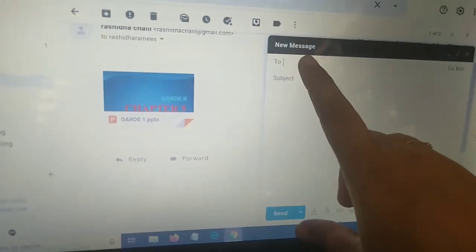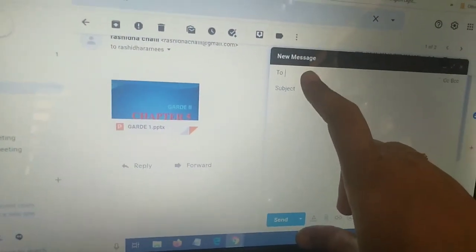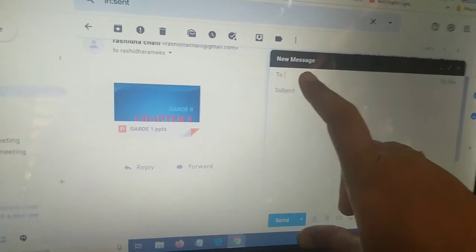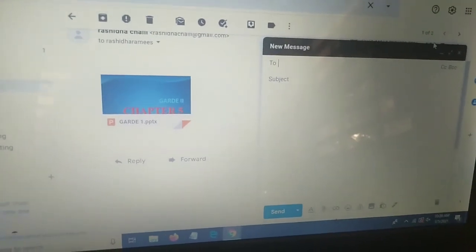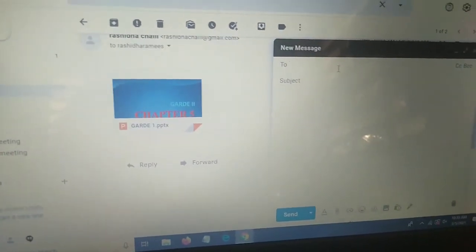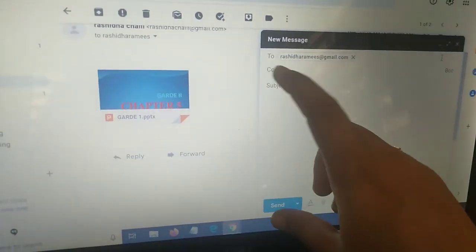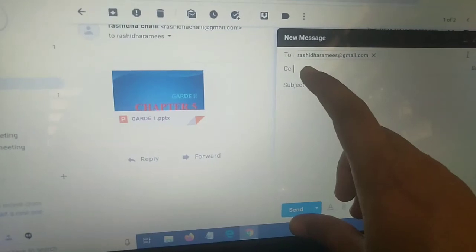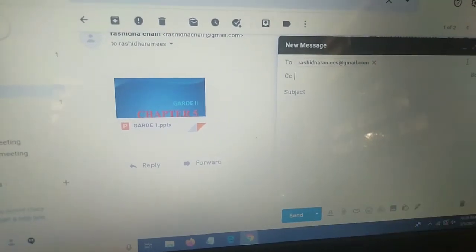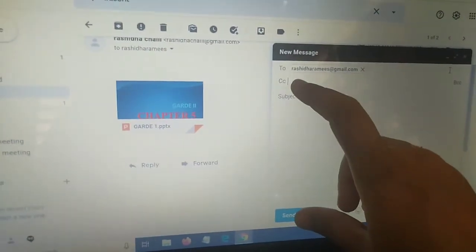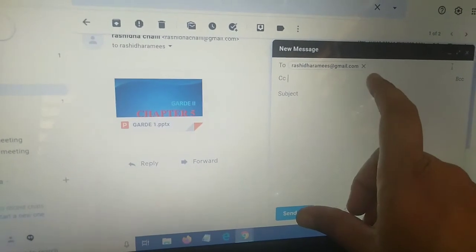Here you can type your subject teacher's email address. Then we can click on the CC. Then you can type here your class teacher's email address and your principal's email address.